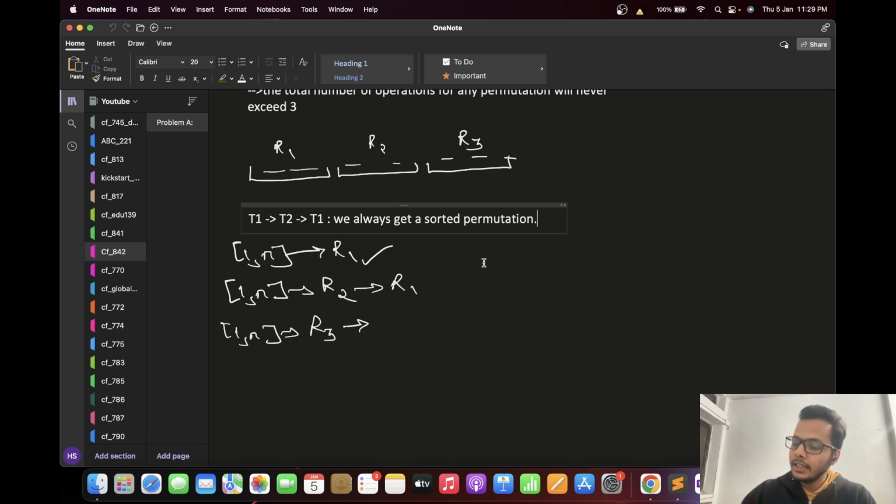If an element from 1 to n is in R3 and we apply an operation of type 1, it will stay the same, because we are not impacting it at all. Then we apply an operation of type 2. In the type 2 operation, we cover this range, so it will now go to R2. And then we apply an operation of type 1, which will again send it to R1. So we have considered all three cases for a number belonging to this region,